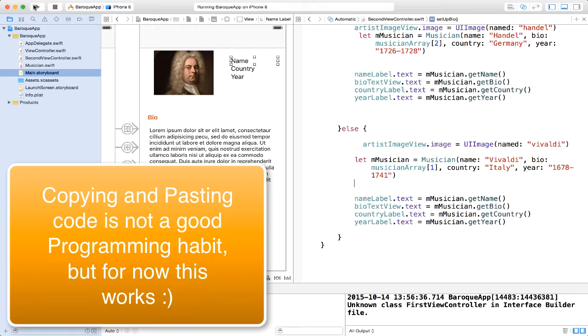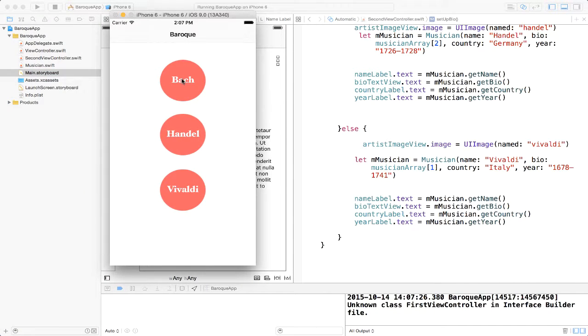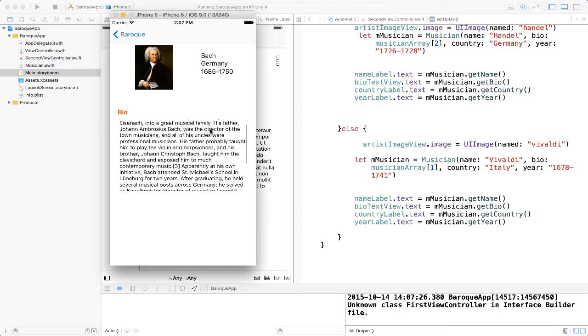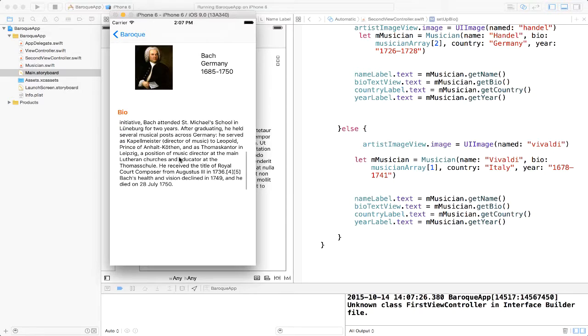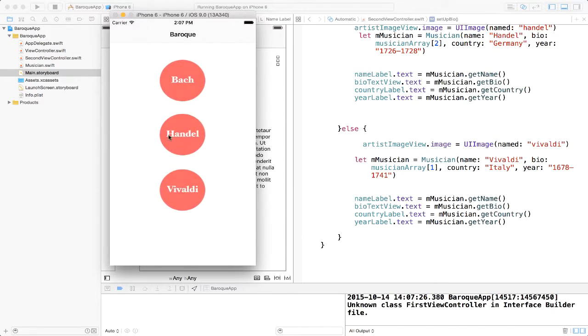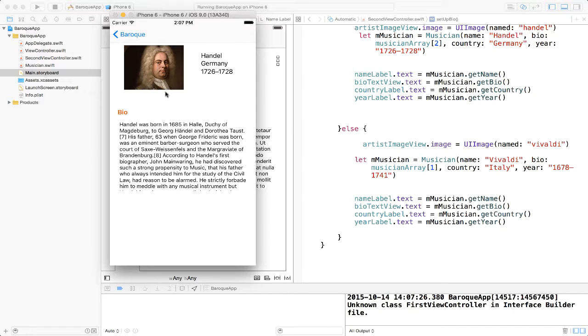Wonderful. Let's save this and give it a run. All right, let's see. With any luck, the things should be working perfectly. So click, there is Bach, and look at that. We've got Bach, Germany, 1685, 1750, the bio, and it's scrollable and everything. You can go ahead and read, go back, handle. There it is, Mr. Handel. There's his picture, name, Germany, the years,